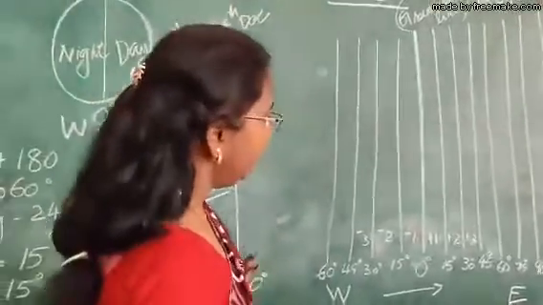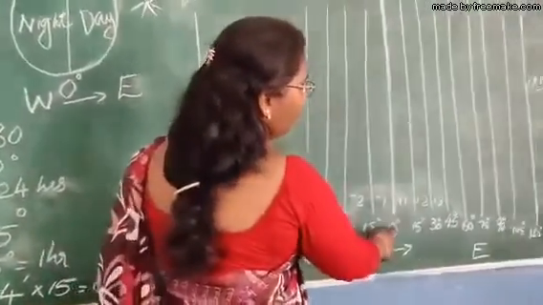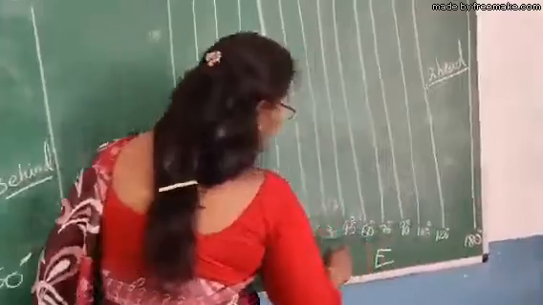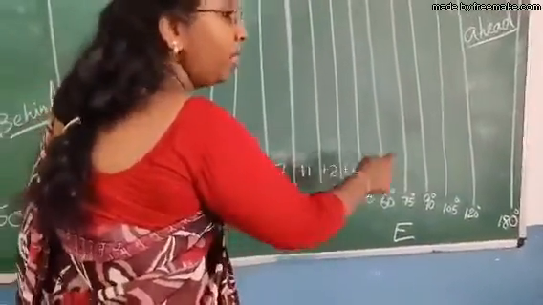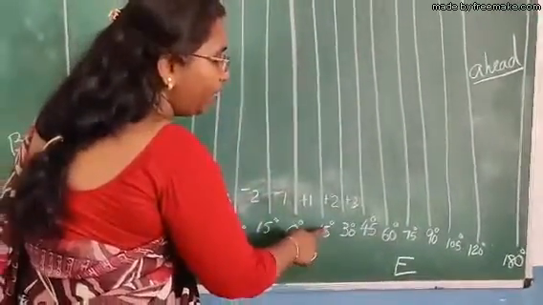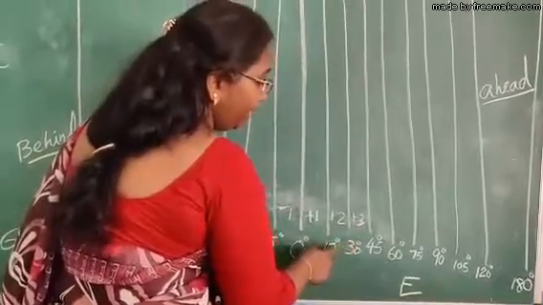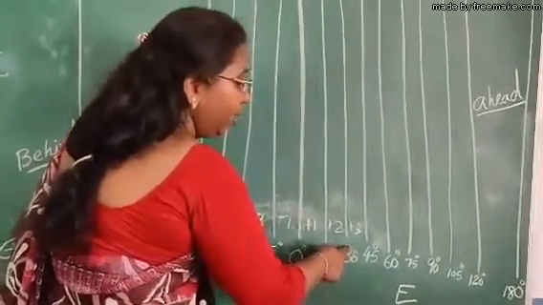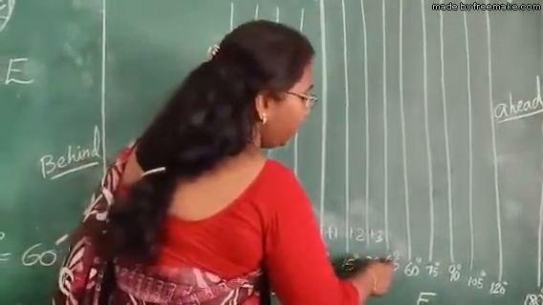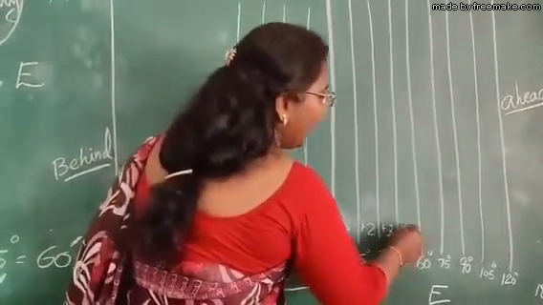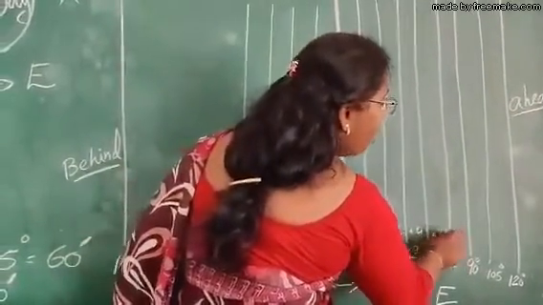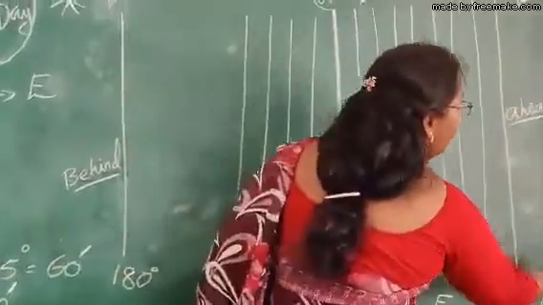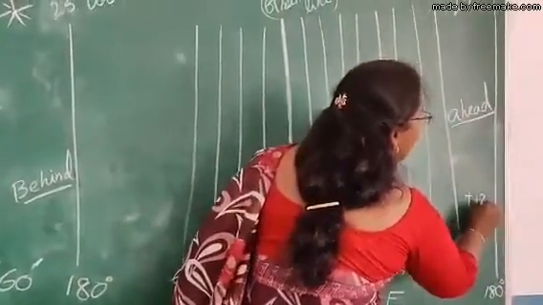So here you see that suppose you are traveling from 0 degree to 180 degree. So you are adding 1 hour. Suppose 0 to 15 degree, 1 hour. Again from 15 to 30 degree, 2 hours. From 30 degree to 45 degree, 3 hours. Again 4 hours, 5 hours. You will go on adding up, and finally you have to add 12 hours.